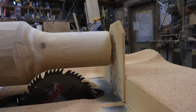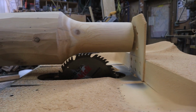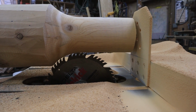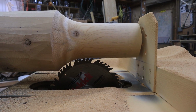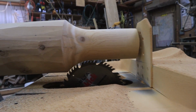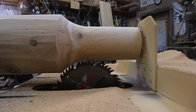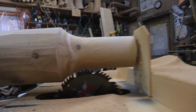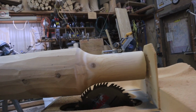Difference? Well, this is only a 1.5 horsepower motor, pretty small. It would make a difference if there were fewer teeth on the blade. If you could get a dado blade set and just use the fly cutters, it takes much less power. This is the 8-inch diameter cedar log. I thought if anything was going to grab and suck it in there and cause a problem, it would be a softwood. But I also knew that 1.5 horsepower isn't very much to do this cut with,